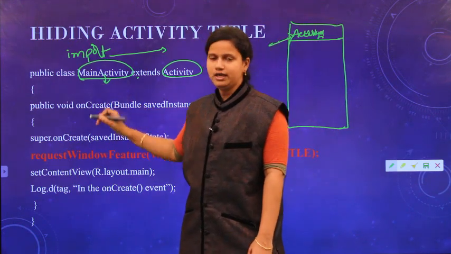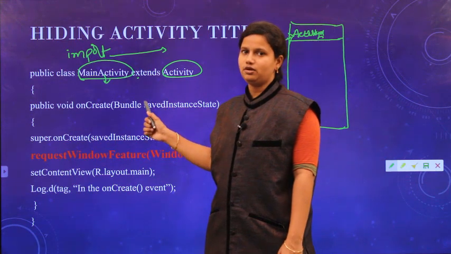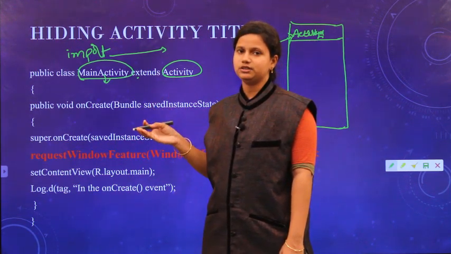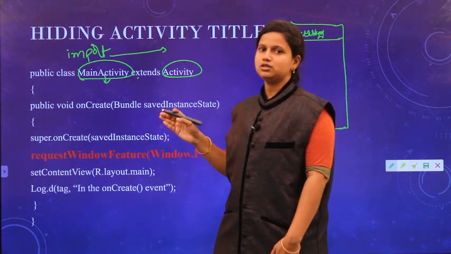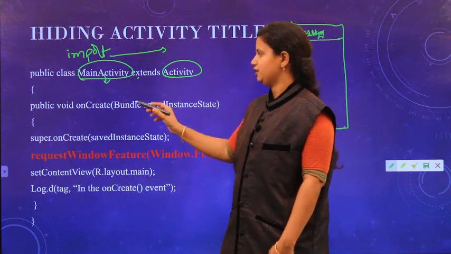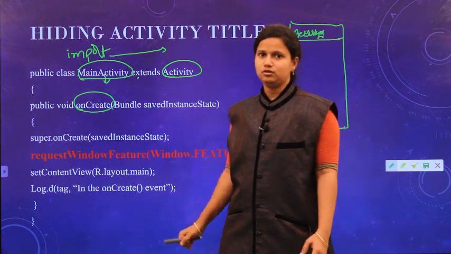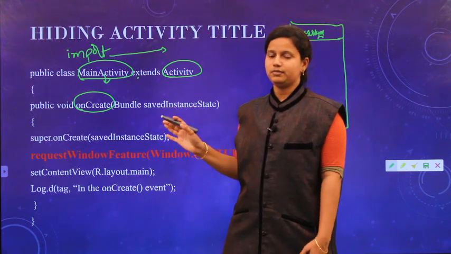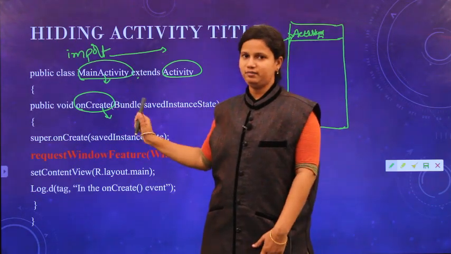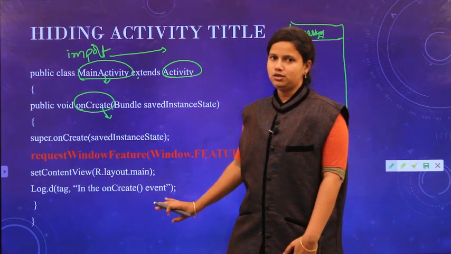As we already discussed, each and every activity consists of 7 different life cycle methods. From those 7 methods, if I want to launch the application, you first have to create the application. It will start the onCreate method. The remaining 6 methods are also present, but to launch the application it first uses the onCreate method.